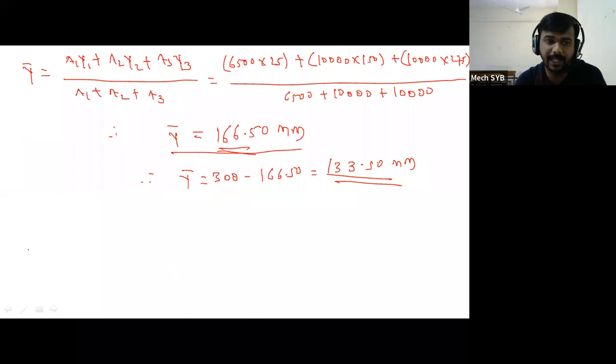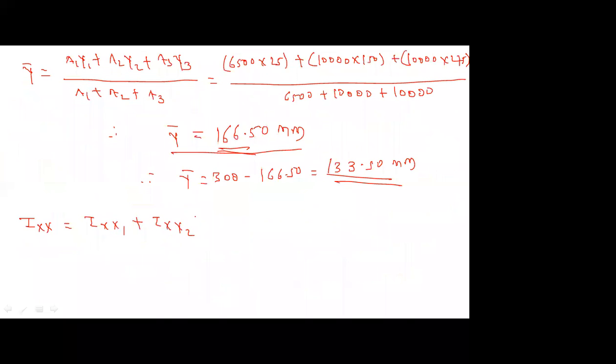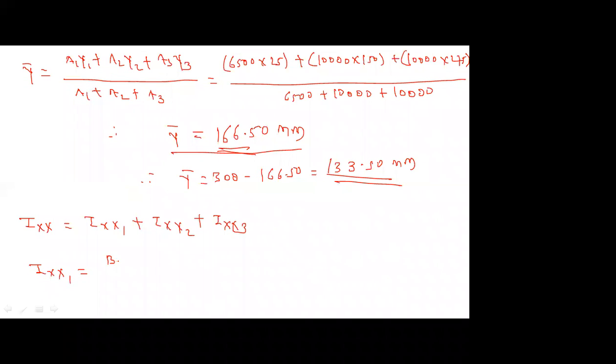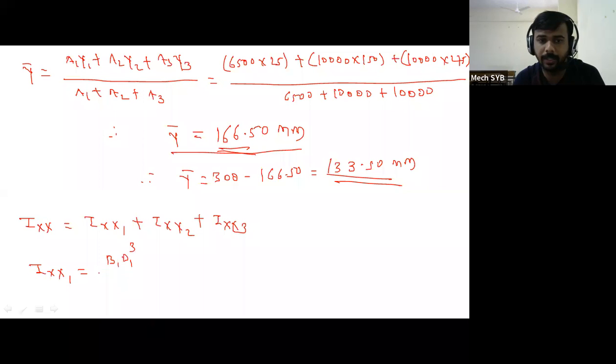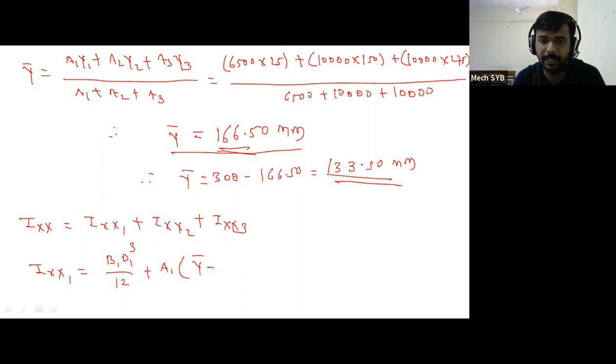Now we have to go for the Ixx calculation. So we are having the formula. What is that? Ixx is equal to Ixx1 plus Ixx2 plus Ixx3. So we are having the formula for the Ixx1. What is the formula Ixx1? B1 D1 cube divided by 12 plus A1 in bracket y bar minus y1